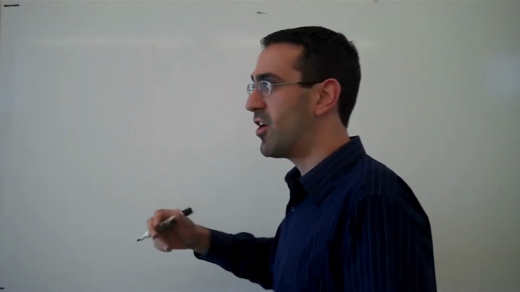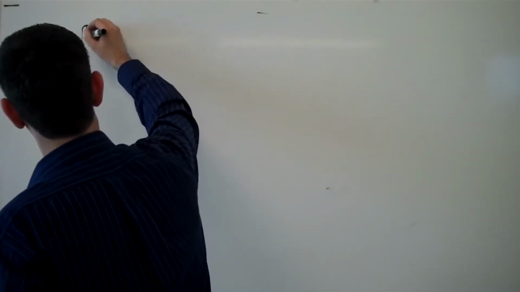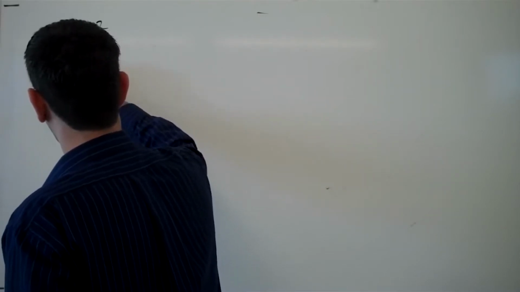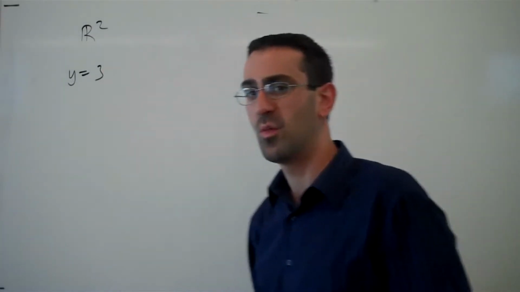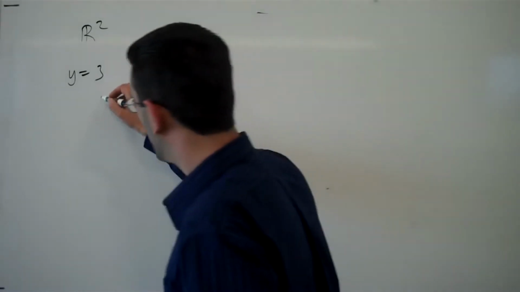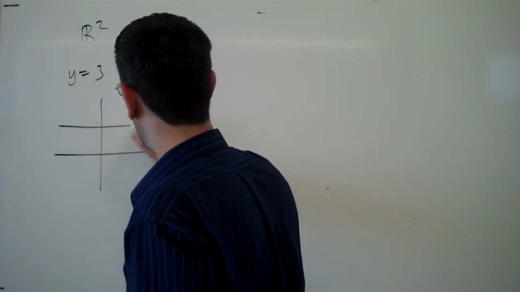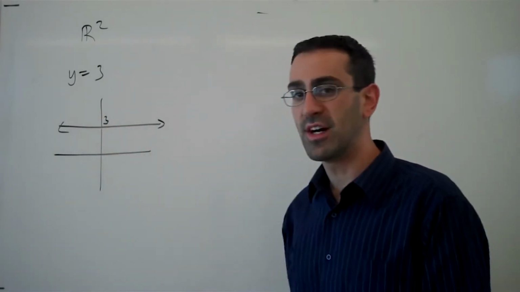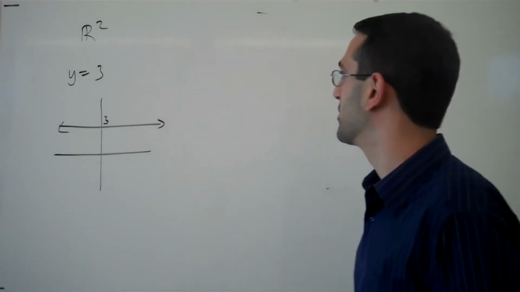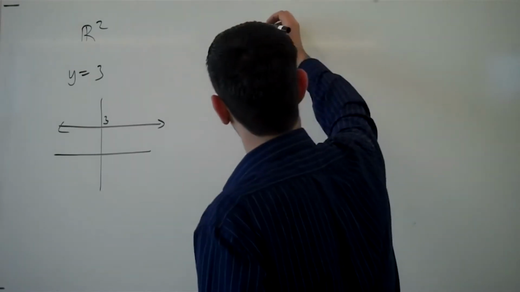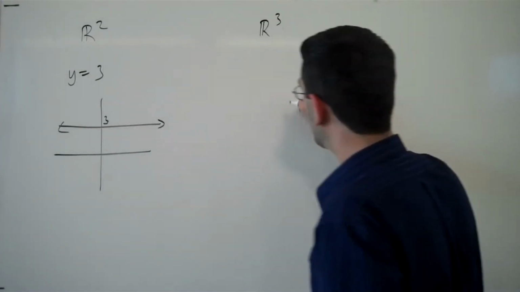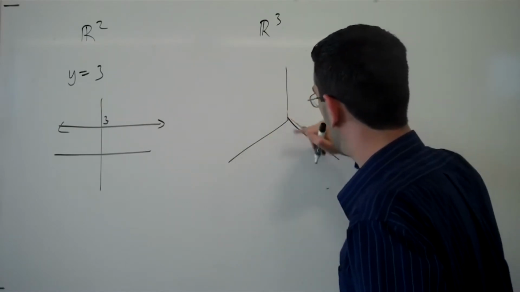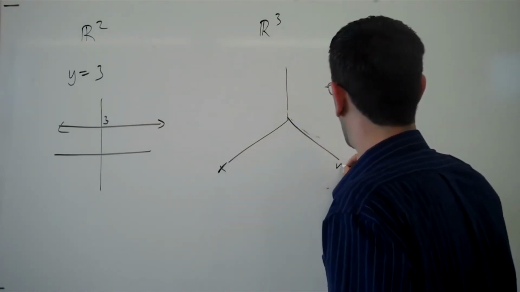Now, in R2, in two-dimensional space, if I have an equation like y equals 3, what does that equation describe? That equation describes all the points that are at a y value of 3. It defines a line in two-dimensional space. So we might ask the question, in three-dimensional space, what do I describe if I write an equation like